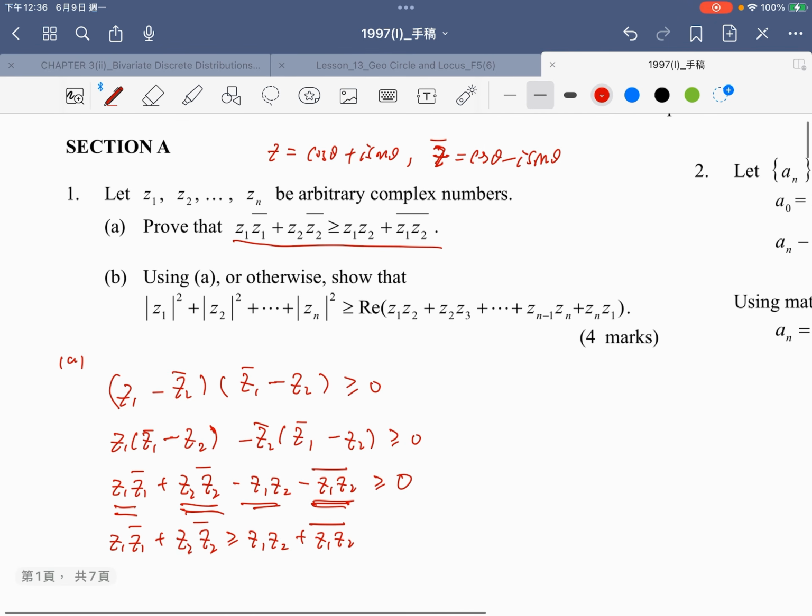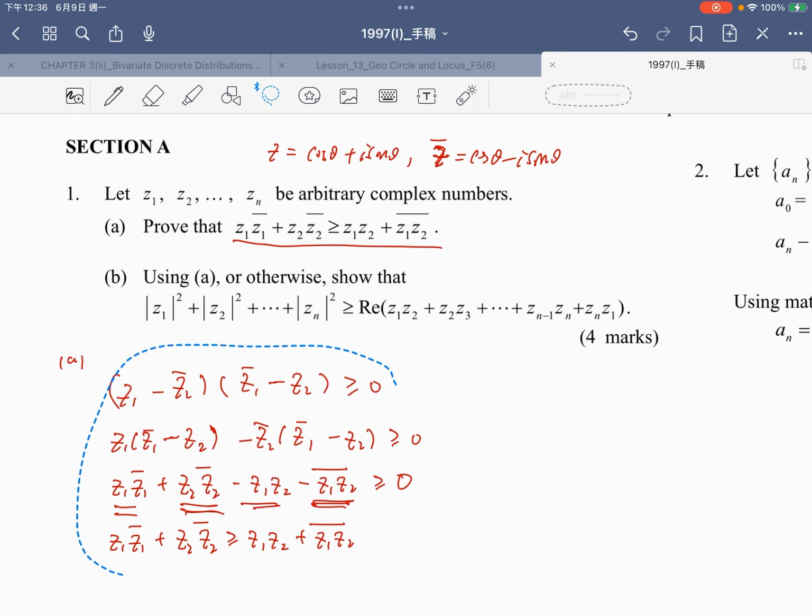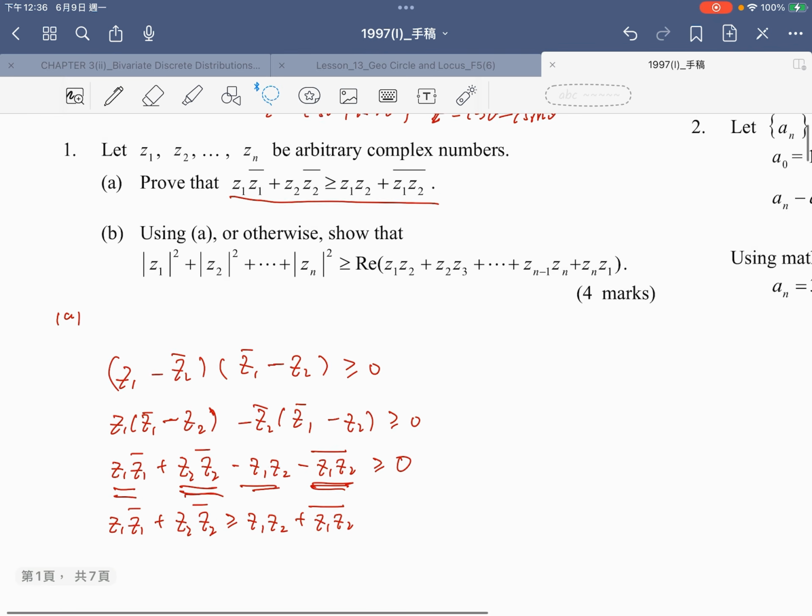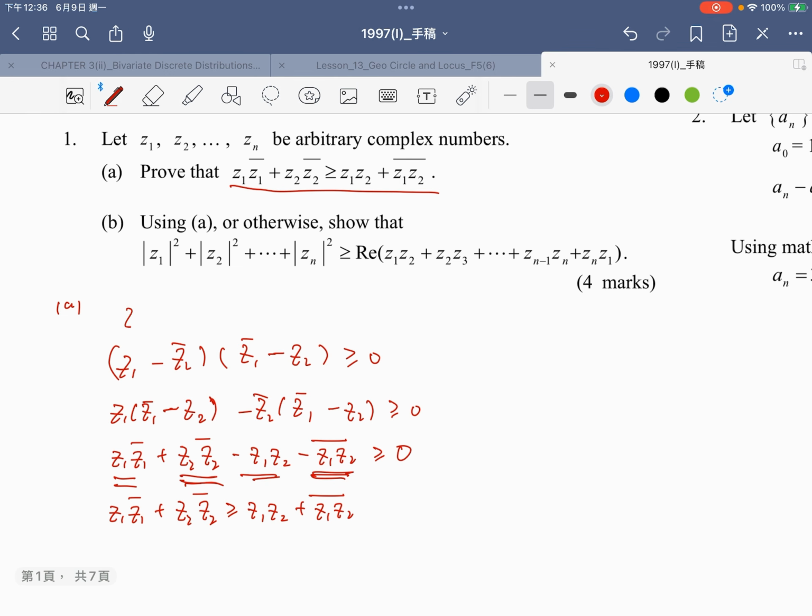But actually, this is equal to Z1 minus Z2 conjugate times Z1 minus Z2 conjugate, which is the modulus of Z1 minus Z2 all squared. That is absolutely greater than 0. Therefore, we can begin with